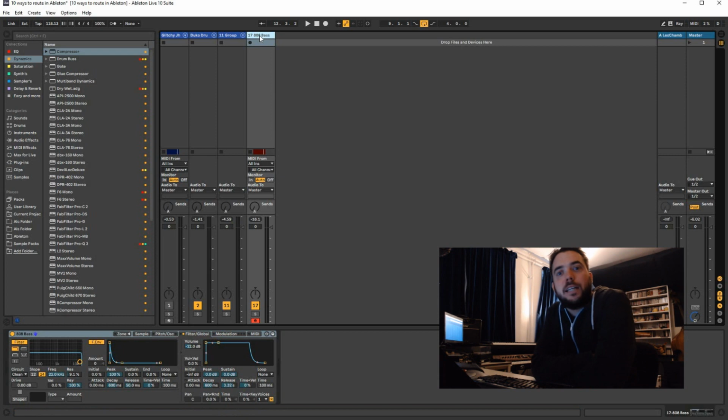And last but not least, sidechaining. I think there's a lot of misconception in the world what sidechaining is. Most people nowadays think it's ducking the bass for the kick. Sidechaining is just to let the compressor or the gate or a device listen to something else than the signal